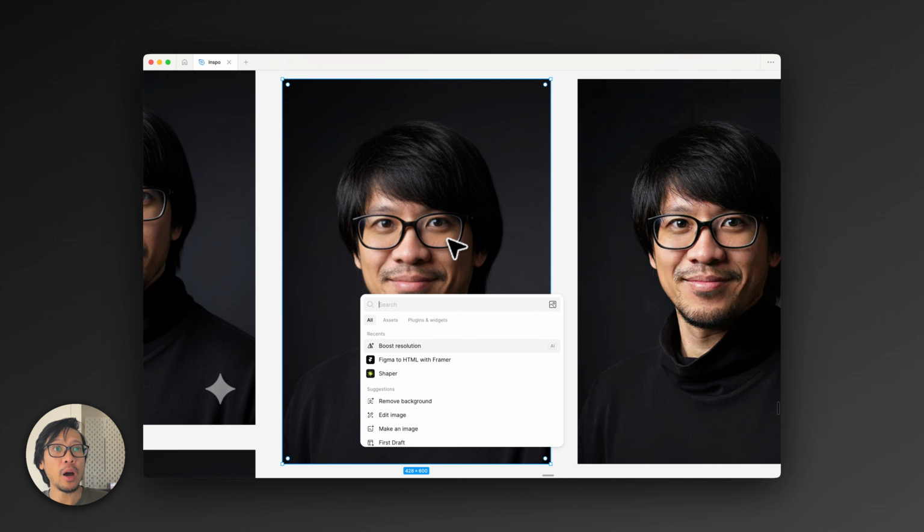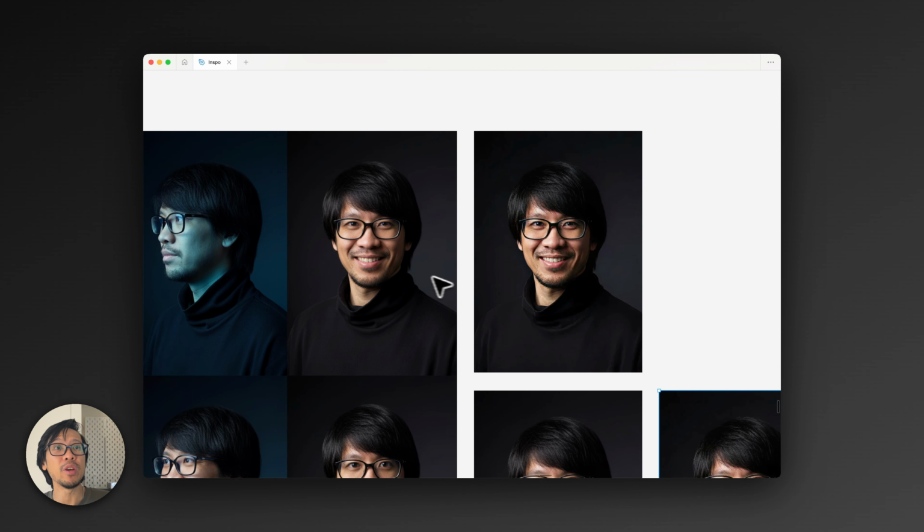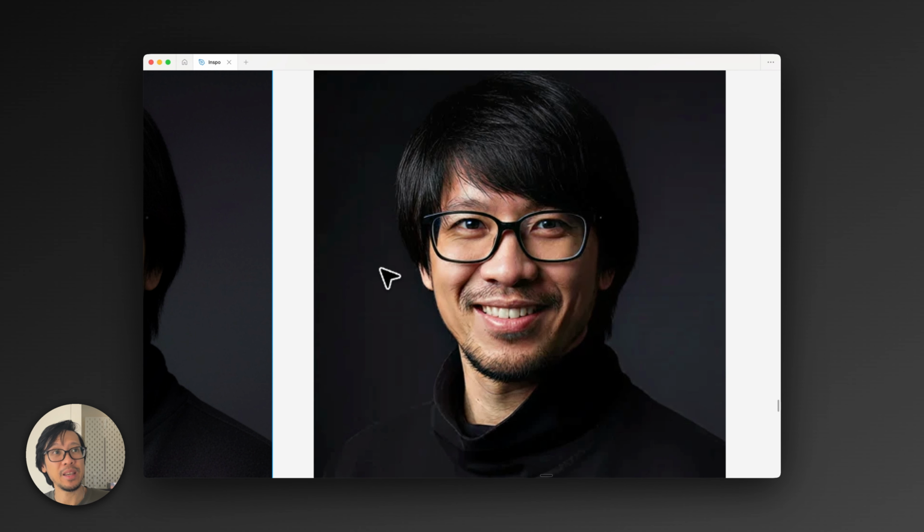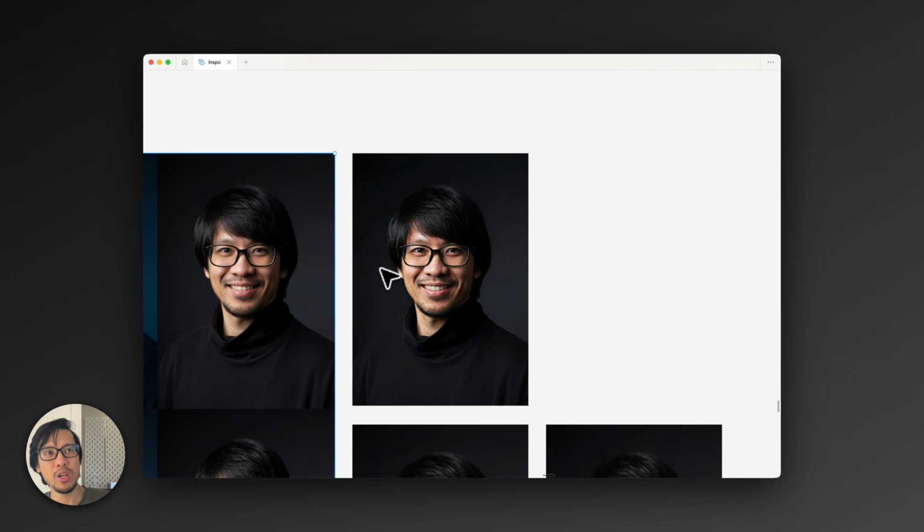Okay, so now I'm in Figma, and what you can do next is just crop it. Now, I'm going to just bring up the tools. You can have a boost resolution, which is AI. Okay, so I just did that completely free. I am on the professional plan, so I'm not sure if that's going to be free for everyone. But once I applied it, you can see the results here. It just improved the details of it. Okay, so you got this one here, and then, yeah, it did the output here, which I think is pretty